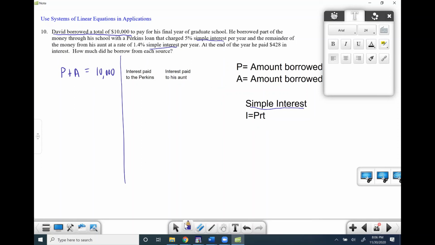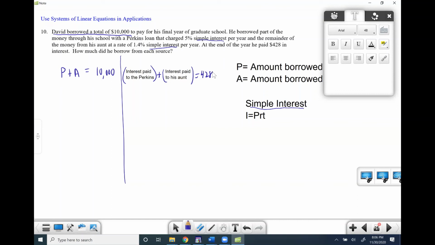Better equal. How much? Yeah. And again, I don't know how much interest each one individually earned,